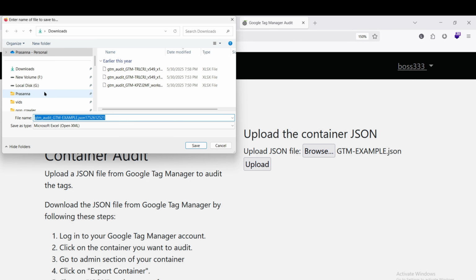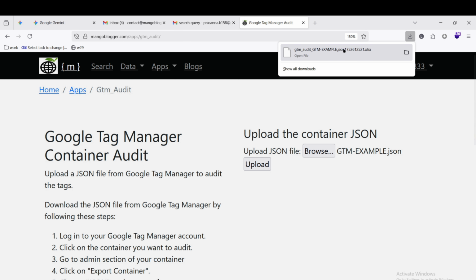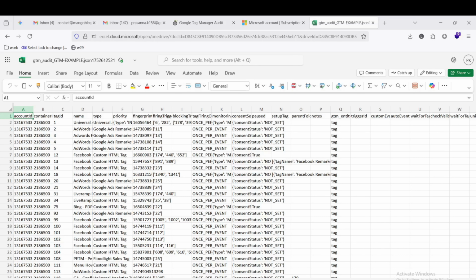And just like that, I can save the file that it gave me, an Excel file to save. I saved that file, and once I open it, let's see. Okay, so the file that I downloaded from Google Tag Manager Container Audit page, this is the file once I